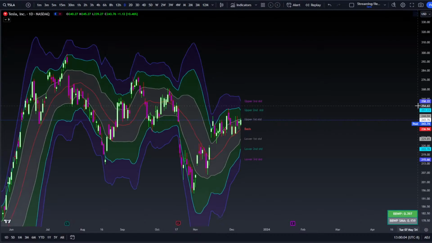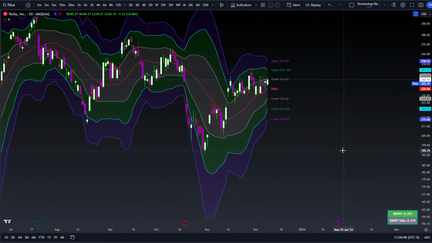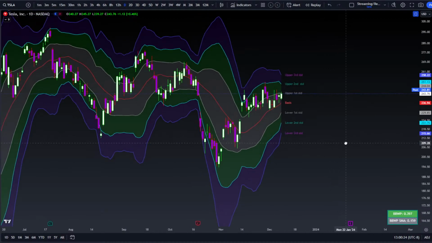I would say it's trading right around the upper first at 244. If it can get above there, we see compression as well. It's holding, as long as it's above this last high on a close at 225 or so, it's looking good. That's also right around where the lower second is going to be coming in to Monday's open. If it can trade up from 225, I'd be looking at